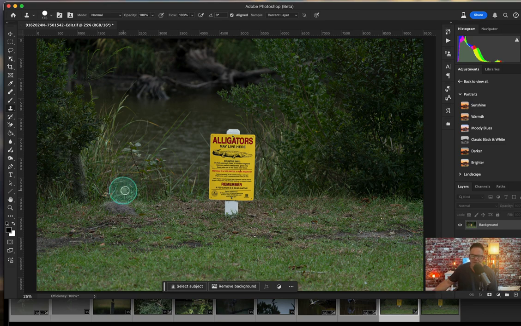But when it comes to removing these bigger signs and more complex edits, you're going to want to use those remove tools and the eraser tools, both in Lightroom Classic and Photoshop, because we're going to get better results. Again, if you are not getting the result you want in either one of these programs, then switch to the other one and try that tool. It may just be an edit that you do have to take several steps and you do have to spend a little bit more time on. That is the nature of photo editing sometimes. But these tools are going to go a long way in helping you to clean up unwanted items in your